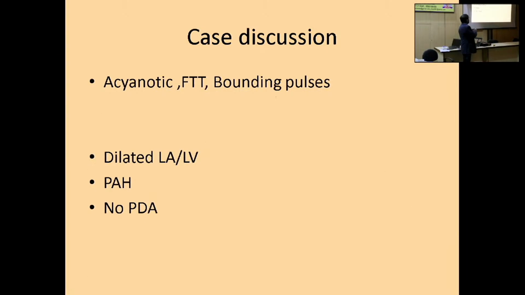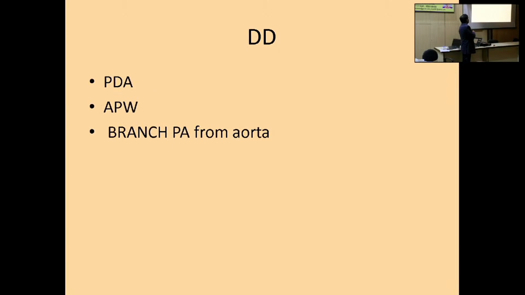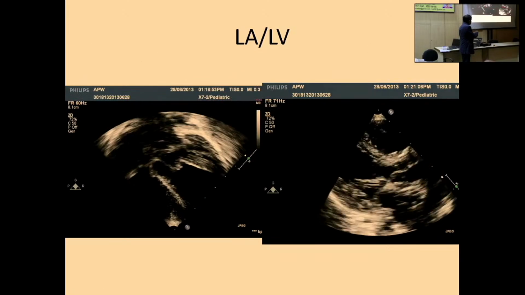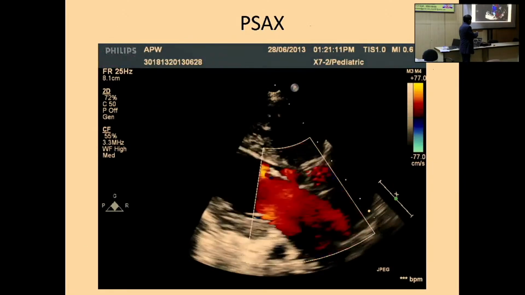Again, a similar case: FTT, bounding pulses, dilated LV, no VSD. The differential diagnosis is PDA, AP window and branch PA from the aorta. So always look for these causes. I showed the AP window in the morning. So this is a case of AP window again, with LV dilated. You see the LV dilatation, some MR,